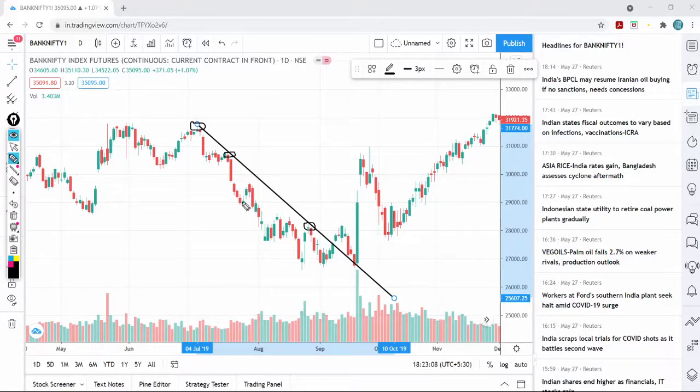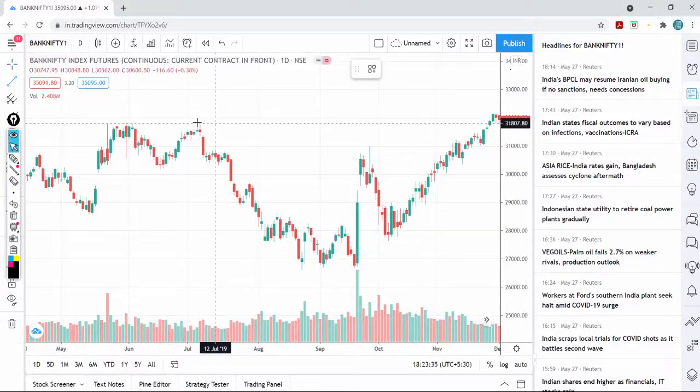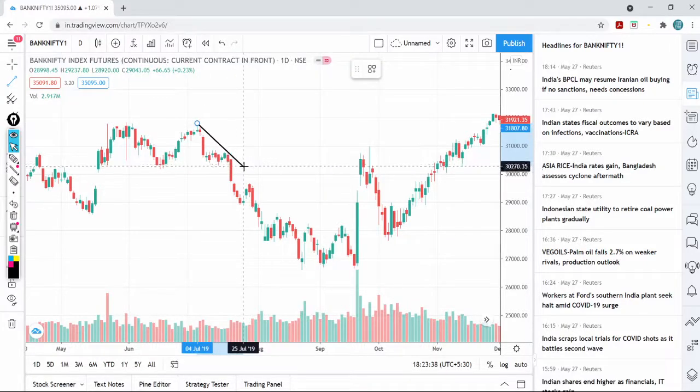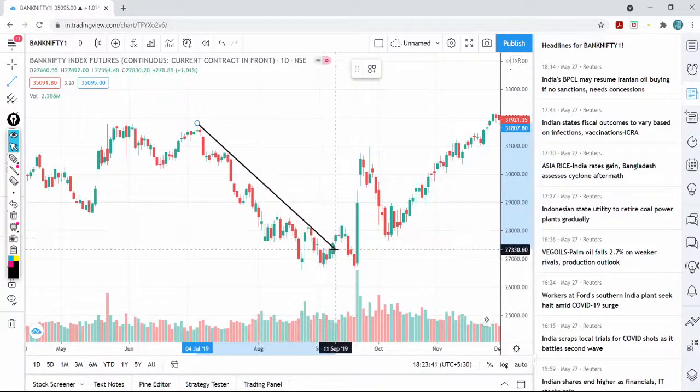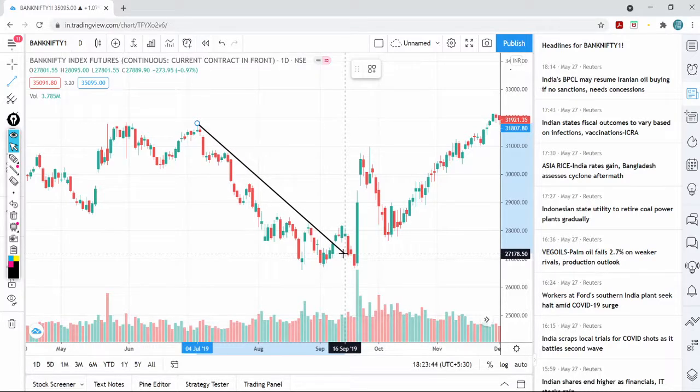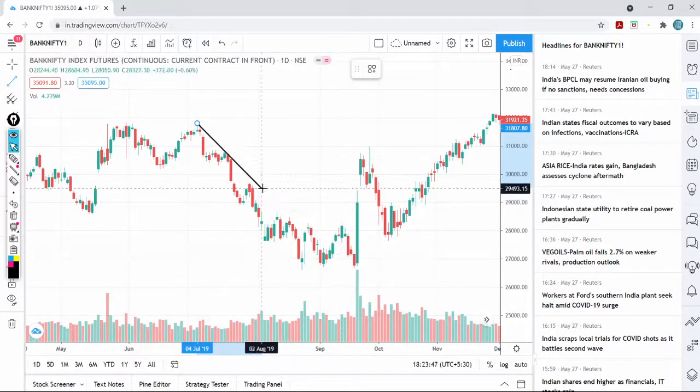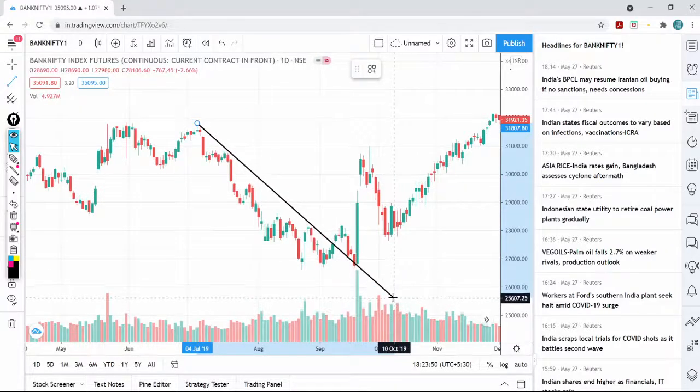You can ask me, this is also a zone from which the market went down, so why are you not drawing a trend line here? Very simple, try to understand. The first zone and second zone we have caught already, so we need to mark the third nearest zone. This is not the nearest zone of the trend line which is running here. This is the nearest zone which comes as the trend line is drawn. I will repeat once again. This is zone 1 from which I am clicking. This is zone 2, and if I drag this parallelly, we get zone 2 parallel to zone 3 at this candle only, not in this candle. So I am drawing a trend line here.